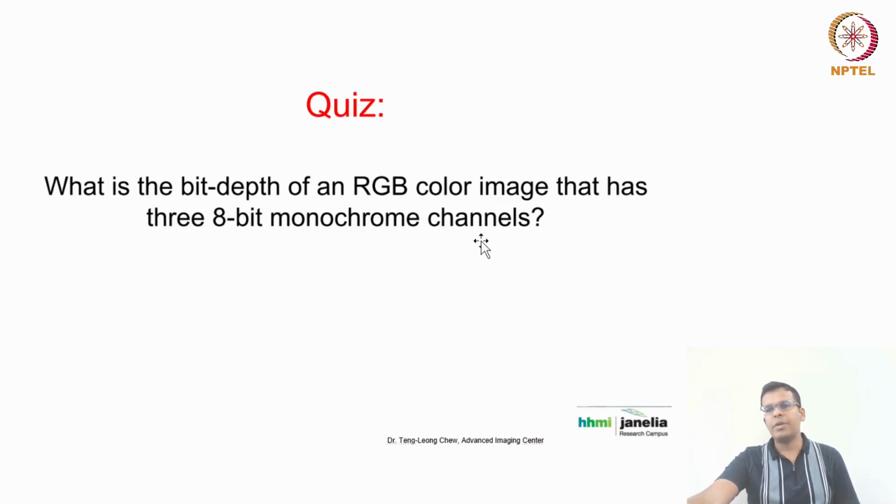So what is the bit depth of that image? The answer is 8 times 3, because there are 3 channels. Each channel was captured with an 8-bit camera, so there are a total of 24-bit information available in that image. So many grayscales for different colors are available in that image.